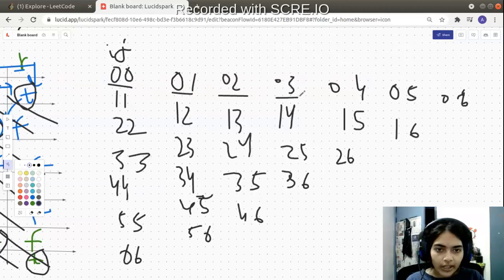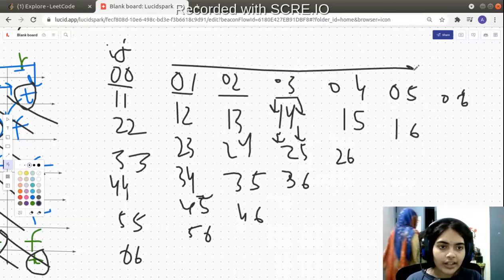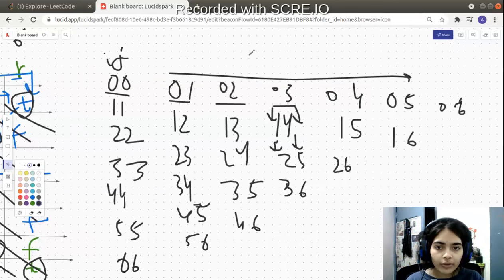Each time. So suppose you get 0 3, then you increment i by 1, you get 1. Increment j by 1, from 3 you get 4. Then you increment i by 1, you get 2. You increment j by 1, you get 4 plus 1, 5, and so on. So iterating over this with a for loop is easy, once you have the starting elements. How do you get the starting elements? So you will have to declare another variable.